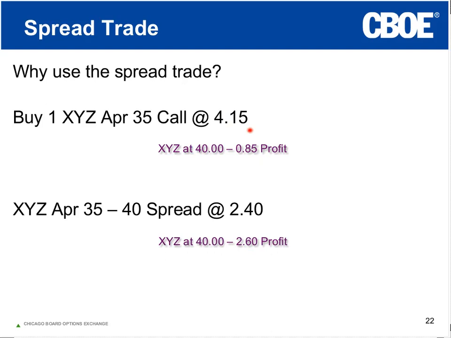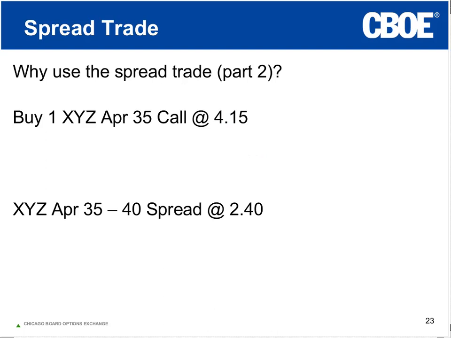We're taking in some premium. We're offsetting some of the cost of that call option that had a premium of $4.15, and the result's a better return, a better absolute dollar return, but also a better return as far as the use of capital goes. Now, our break even, we actually need the stock to move higher for the April 35 call to make money, whereas the break even was a little bit lower in the case of the spread trade than where the stock was actually trading. And then finally,